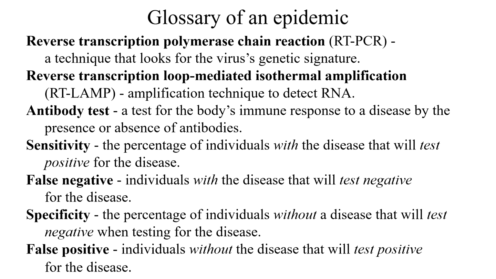Now, any type of test, whether it's an antibody test or an antigen test, has a sensitivity, a specificity, and false positive and false negative rates. And this is something you really need to be very aware of. So if I look at the test sensitivity, the sensitivity is the percentage of individuals with a disease that will test positive for the disease. Those who have the disease but test negative, we call those false negatives. So these are individuals with a disease when the test comes back negative for the disease.